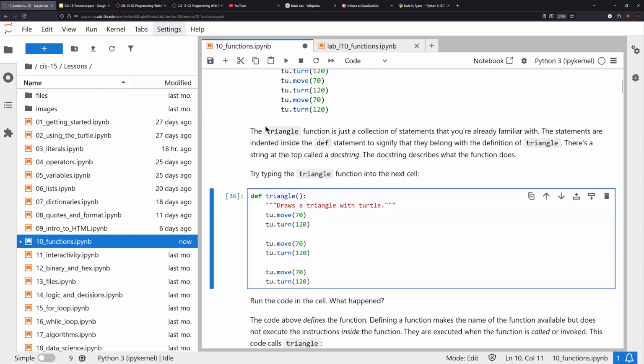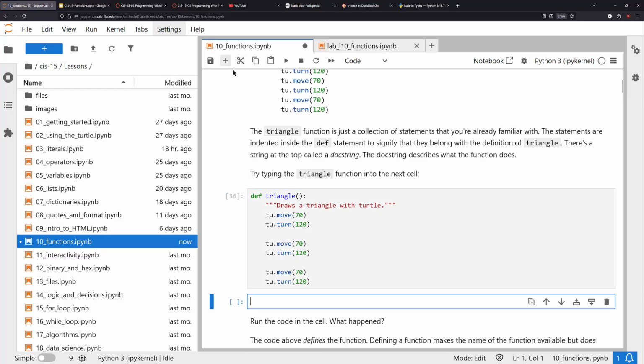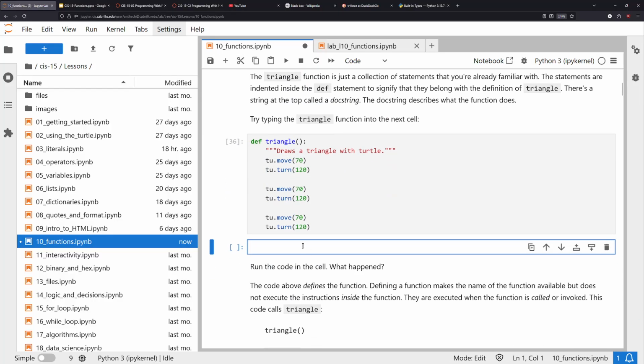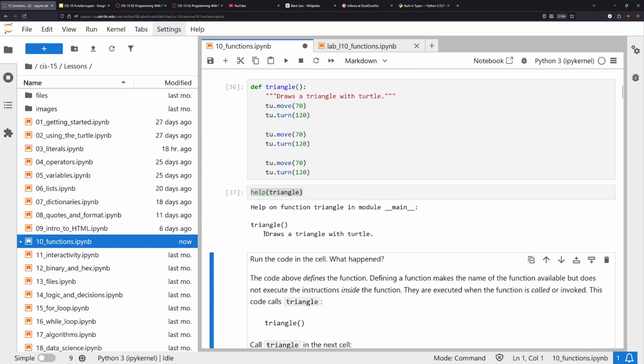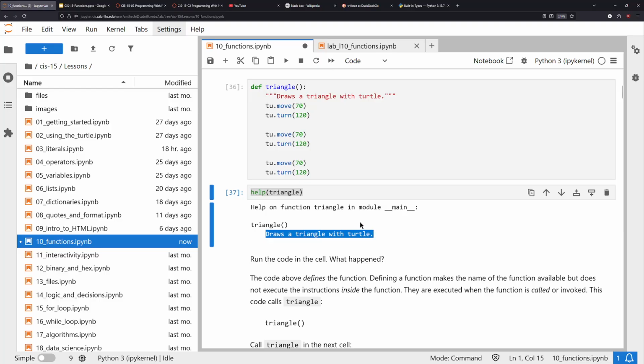And you can also see here too, if I add another cell, if I use this function called help, this is a Python function that just spits out documentation. So if I say, oh, help, I need help on triangle, Python will tell us, oh, help on triangle. Here's the documentation, draws a triangle with a turtle. So this is actually